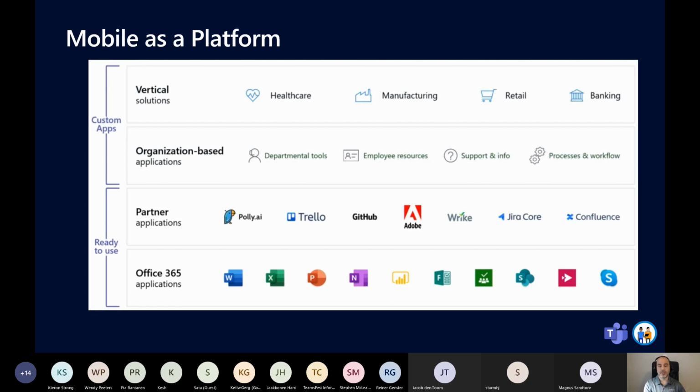Now, what you can also do is, and I'm sure you all have heard about Project Oakdale, and integration with the Power Platform. And even before that, you were able to create customizations for Microsoft Teams that allow you to build those domain-specific applications that our first-line workers really need. So if you're in healthcare and you want to maybe capture some key information about a patient, or if you're in retail and you want to be able to see information about stock, your inventory, right? So these are the kind of applications that you're not necessarily going to get off the shelf, but your IT department can actually build those tools for you to provide you that information.